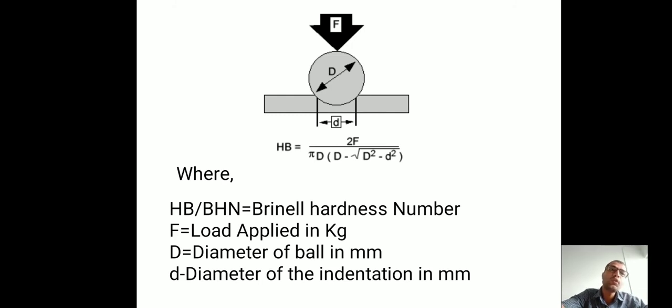HB is equal to 2F upon pi D in bracket D minus square root of capital D square minus small d square. Friends, check the formula again. HB is equal to 2F upon pi D in bracket D minus square root of capital D square minus small d square,